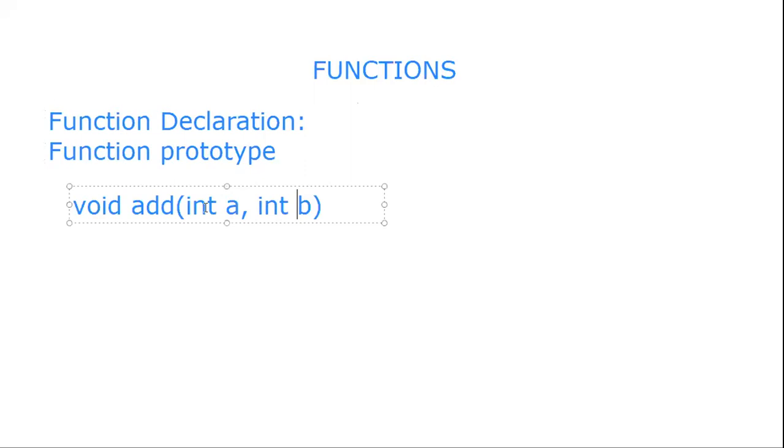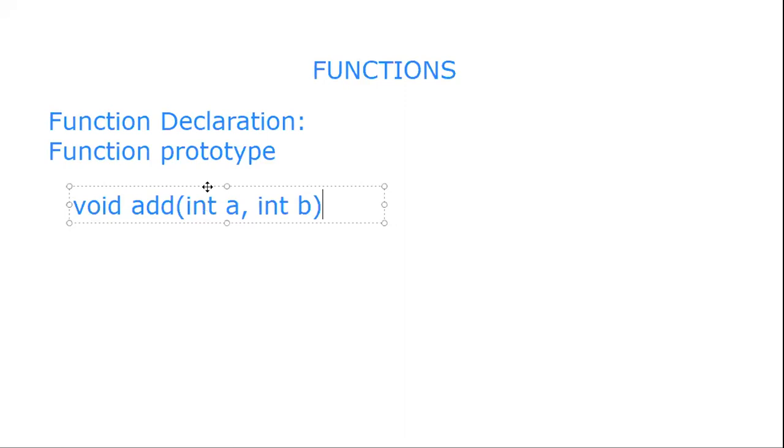So function prototype is an important concept. It has the following things: return type, name of the function, and within brackets the parameter list. Is this clear? This function prototype will tell us a maximum lot of details about the function. It tells us the return type, that is, the data type of the answer, the name of the function, and what input variables are required. Those are the main things for the function to work. So it gives us the majority of the information.